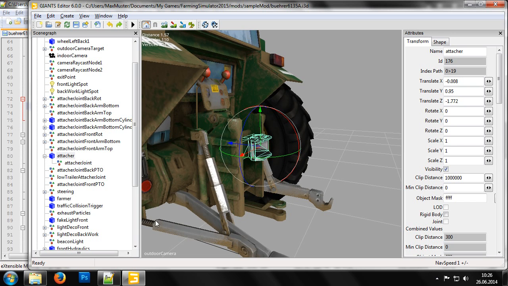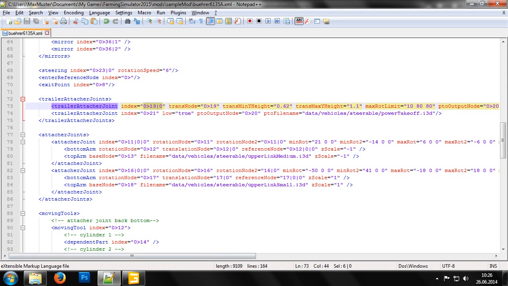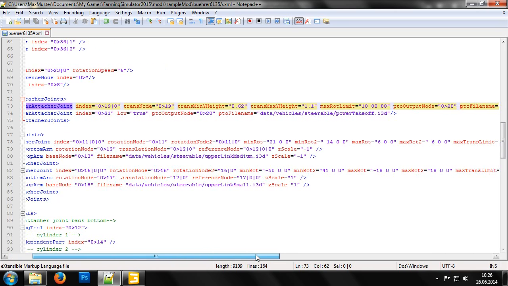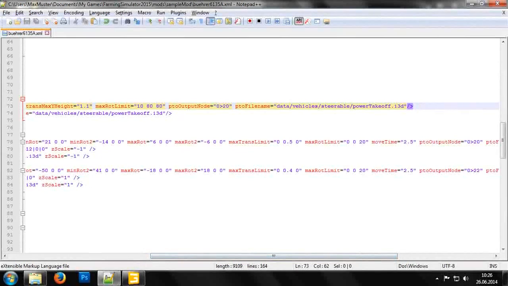Some couplings can be adjusted in height when being attached. For this, we need to specify the transnode attribute, which is a parent object of the index attribute and therefore of the actual coupling point. The minimum and maximum position of these objects can be specified with the transmin y height and transmax y height attributes. We can also set how much play the equipment attached to the coupling should have with a max rot